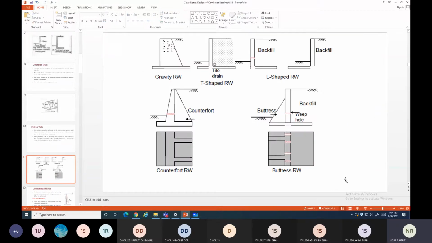So this is the buttress retaining wall. As you can see over here, the buttress member is provided at the toe side, connecting the stem with the toe. So the accessible or usable space is not provided in a buttress retaining wall, whereas in a counterfort wall that space is provided. So though the buttress retaining wall is economical, it is not usually provided except in some unusual conditions where a counterfort wall is not preferable.